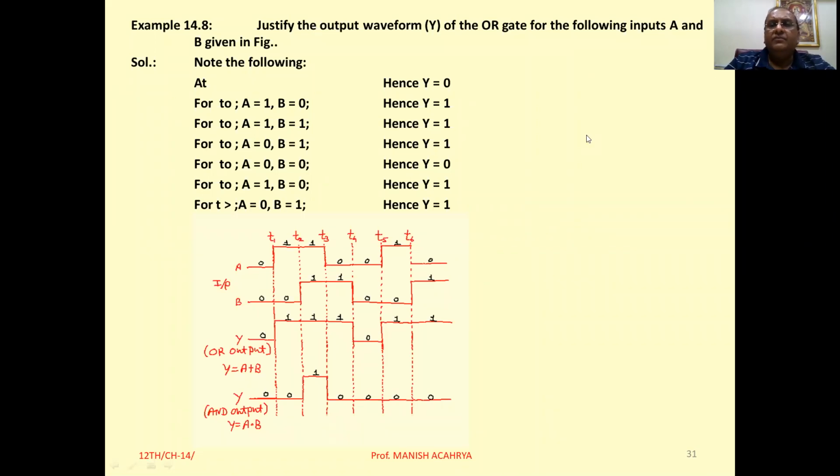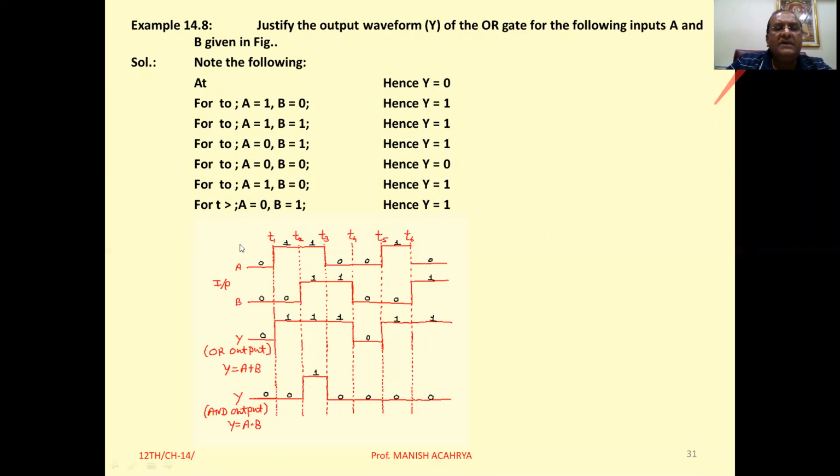Now example 14.8. Justify the output waveform of the OR gate for the following inputs A and B given in the figure. So here, the inputs A and B are given to you, and now we have to justify the outputs. Now here, T1 and T2 were left out of the labelling, right? I will read it out. Okay. So for the time